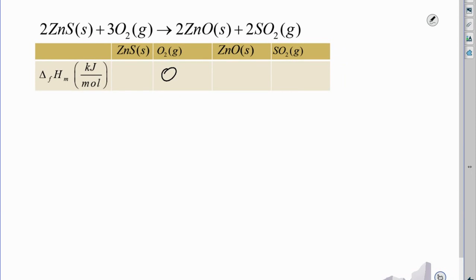So, Jamie, what'd you get for zinc sulfide, or did you get that one yet? 206.0. Ashley, for zinc oxide, what did you get? Negative 350.5. And sulfur dioxide, Aurora. Negative 296.8. Okay, so because obviously the hint is I didn't give you the different reactions to flip and to multiply,